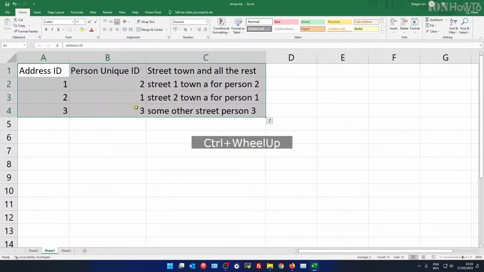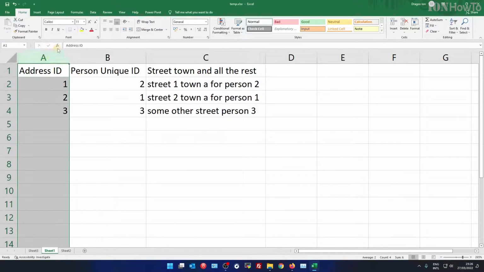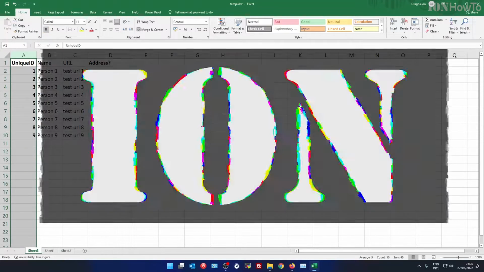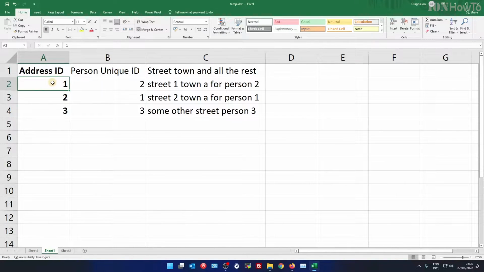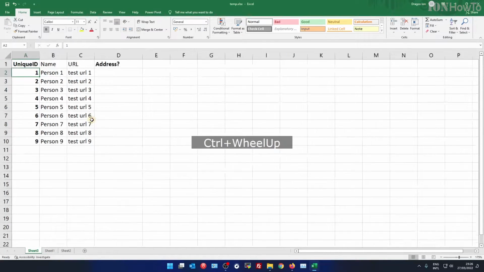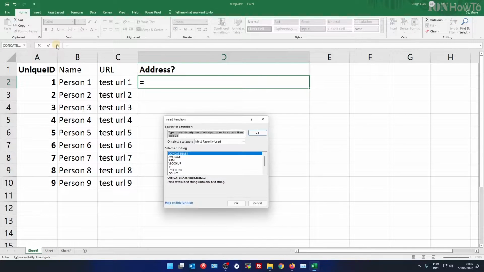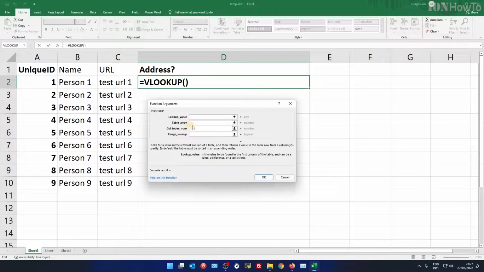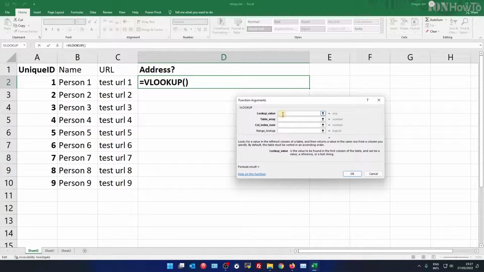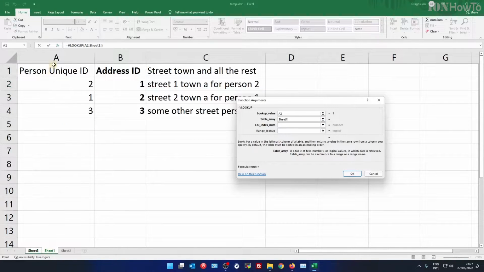In this video, I'll show you how you can use a Vlookup function to fill columns in an existing worksheet with data from another worksheet or from another place like a database or a text file. Here I have the address field which is missing, but I have another sheet with the data I need. So the Vlookup function will use a key, which is usually the first column of the worksheet, and then